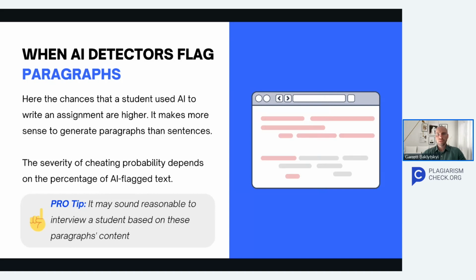When you see paragraphs highlighted as potentially AI generated, we recommend taking into account the percentage of such text in an assignment and if a student previously attempted to cheat. If you are still concerned about paragraphs highlighted as potentially AI generated, you can interview a student based on these paragraphs, and if a student fails to answer your questions, then you have higher chances that the student did not